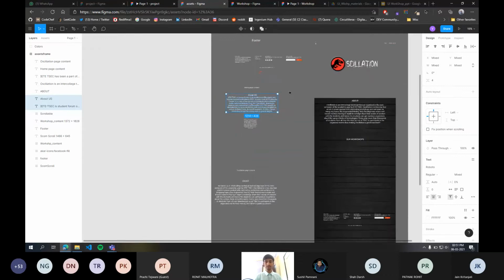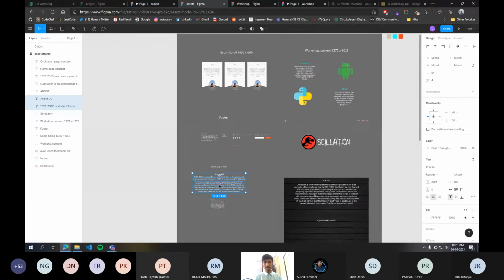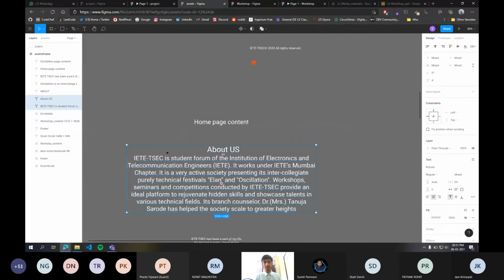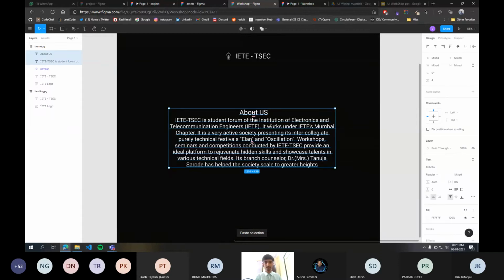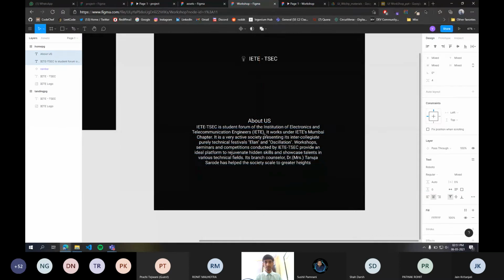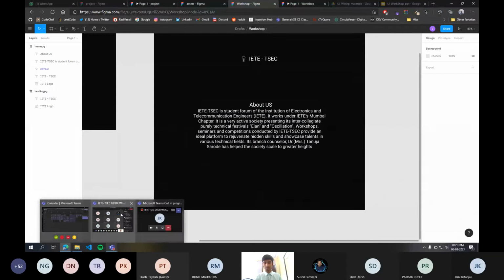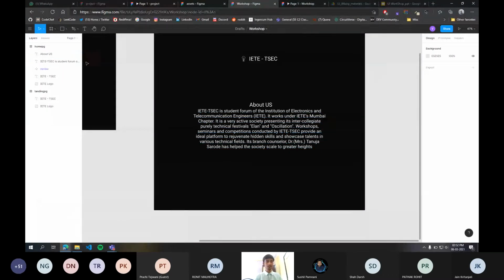Now the reason why we have provided you this assets frame with all of this content, and we are telling you to copy and paste, is that you will save time and you do not need to type everything. Okay, so just go on your main project and press Ctrl V to paste. Okay, cool.